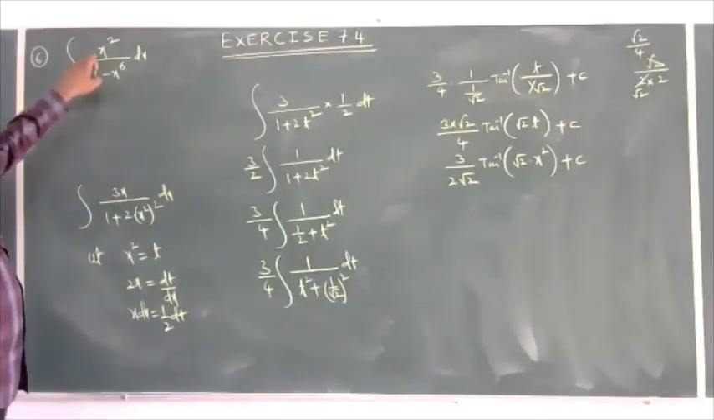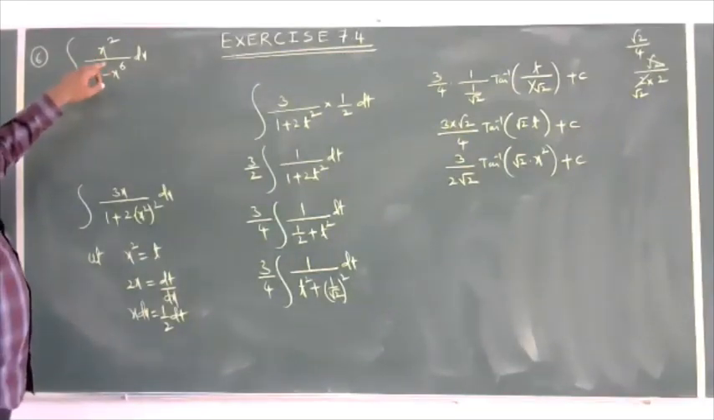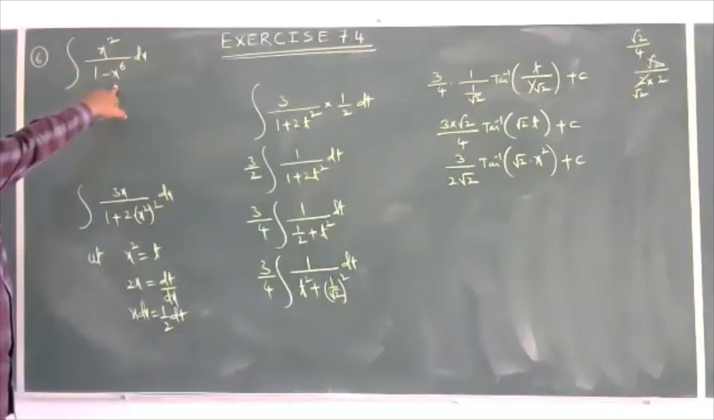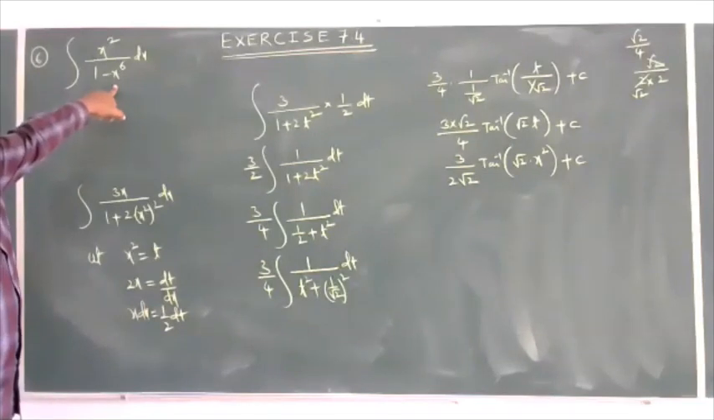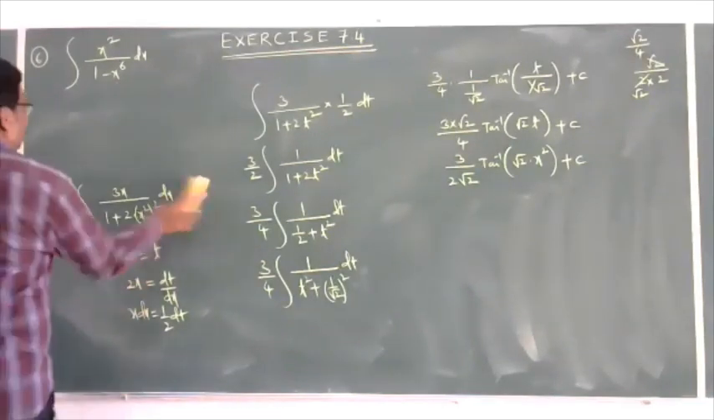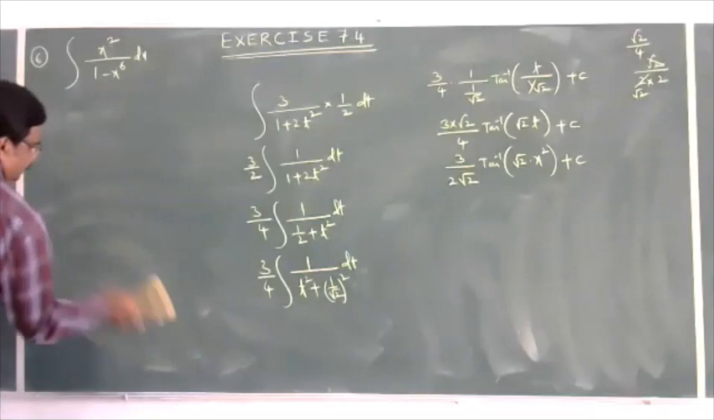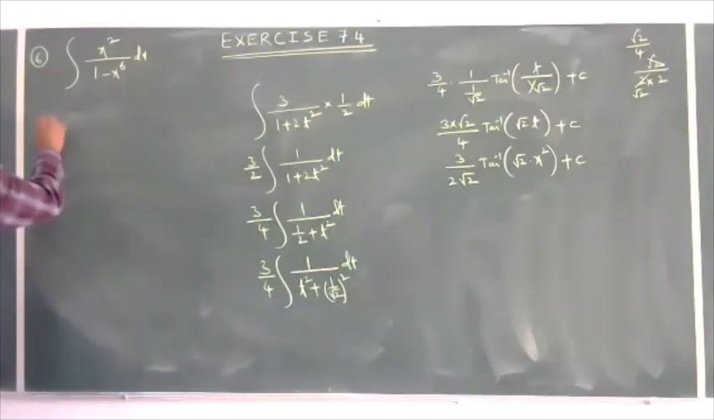So here we require x square. Which function's derivative is x square? For example, you can take x cube. X cube derivative is 3x square, you get x square. That's why here x power 6 is